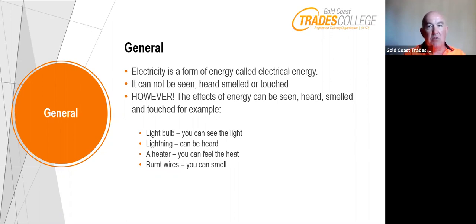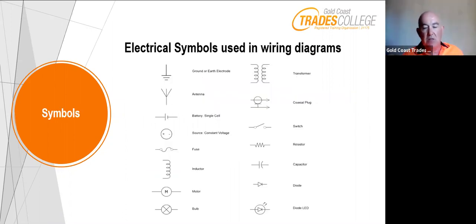Let's have a look at the electrical symbols that we'll run into. These are used extensively in wiring diagrams, and sometimes, or most of the time, they're stamped on the components as well. So for the terminals where you're running wires, these symbols will tell you where that wire goes to. Starting up in the top left-hand corner, we've got the ground or earth electrode, antenna, battery, source, a